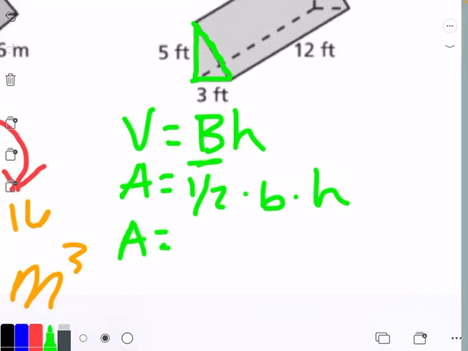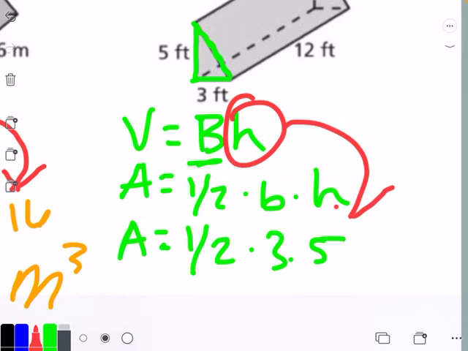Area equals 1/2 times 3 times 5. And when we bring down this h over here, which is 12, times 12. So if you do that in a calculator, that would be 1/2 times 3, 1/2 times 3 times 5 times 12,